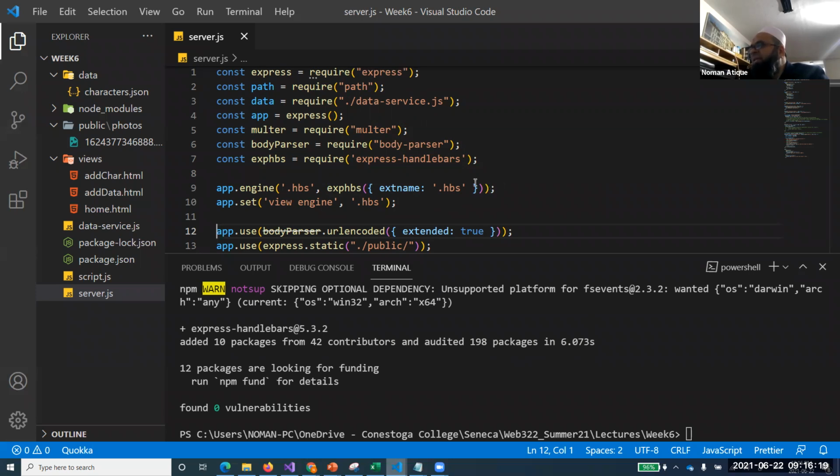This is telling us what type of files we are about to use. And then app.set view engine .hbs, so we are setting up the view engine as .hbs. These two lines tell our runtime environment that we are running .hbs syntax.